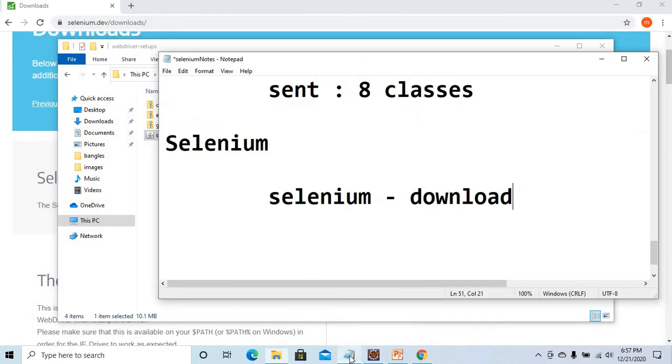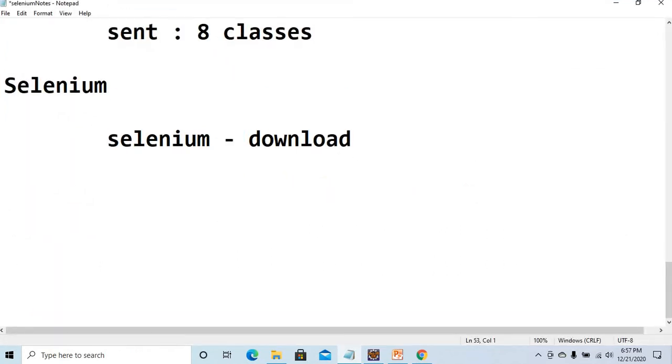Now, different people download and place files in different locations. That is not the right procedure. The right procedure here, if you are not using Maven, is this. Anyhow, after these sessions I will explain the Maven project and how to set it up in Maven. For the time being, ignore it. I'm just taking a plain Java project as of now, to keep it as simple as possible and to explain it better so it's easier to understand. Now what we need to do is create a simple folder called lib.